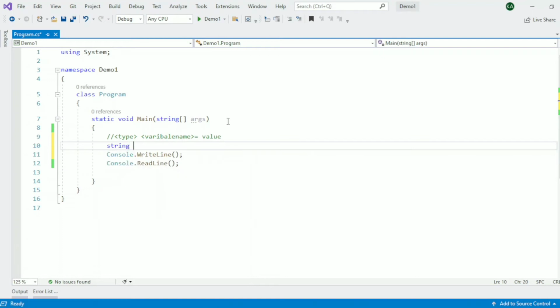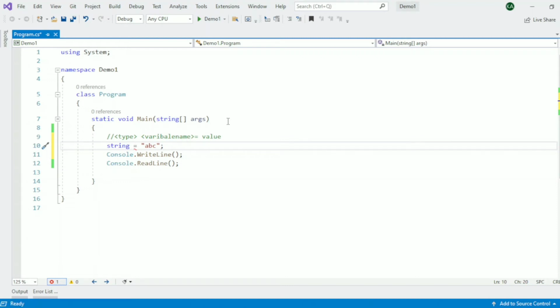Let's see, void equals to. Here it has shown me an error because I cannot take void as a variable name. I can take void1, void2, void3. I can take any name but not keywords.